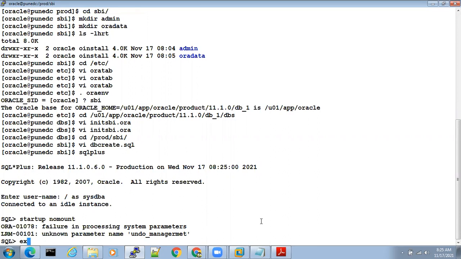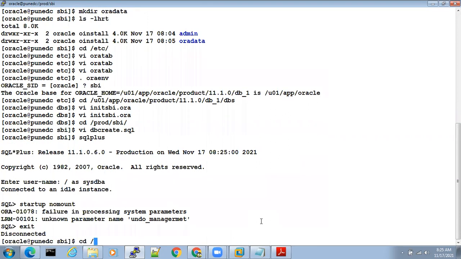So exit, go back. cd /user1/app/oracle/product/11.1.0/db_1/dbs.